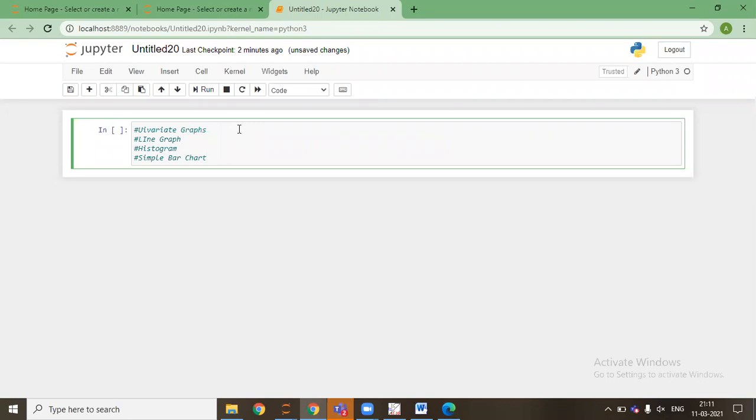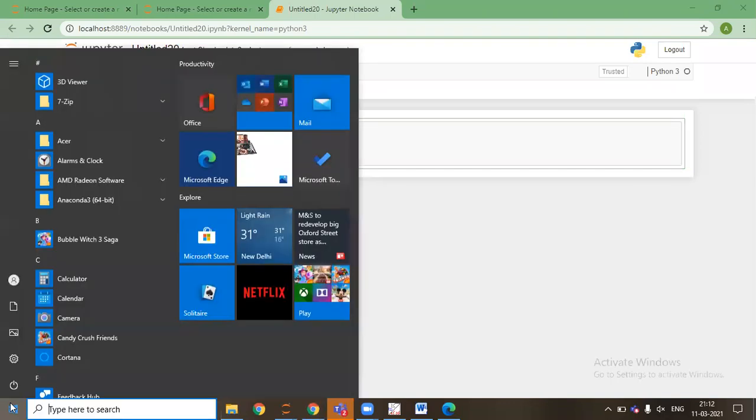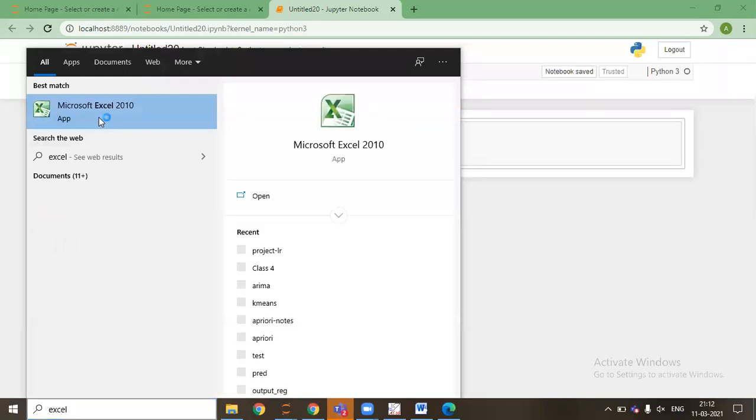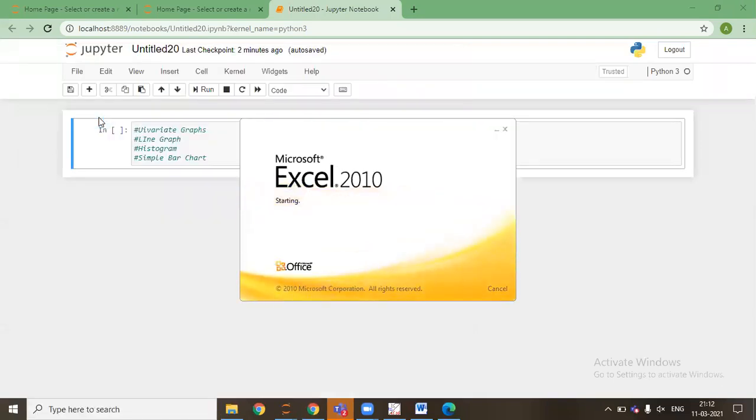But if I say, let me just have a look over the screen. So a histogram is a frequency plot.